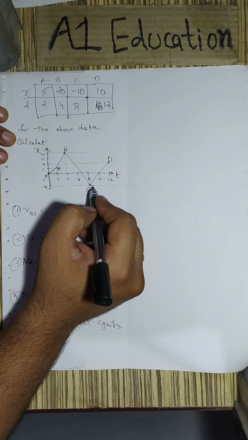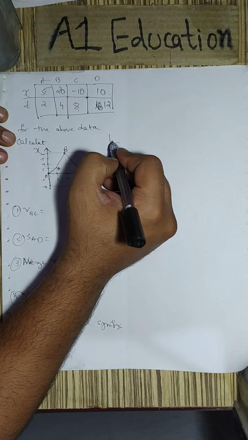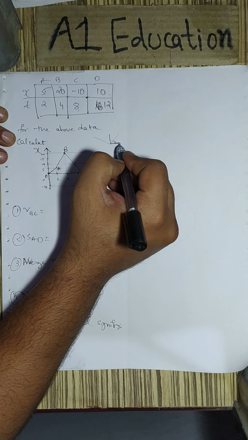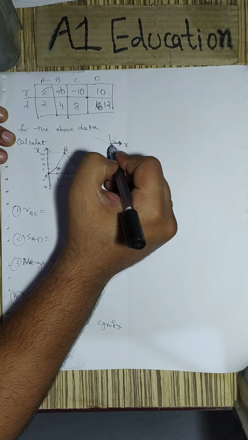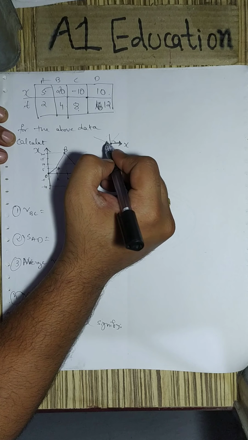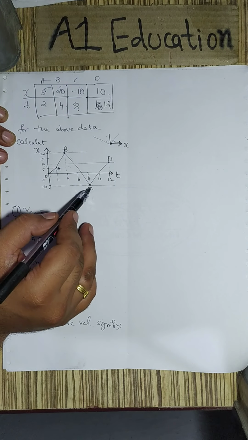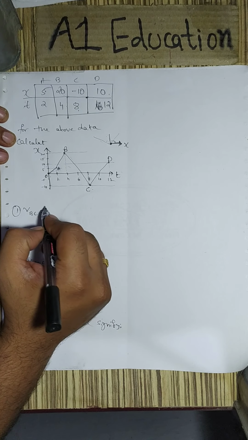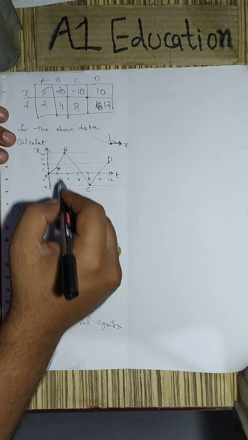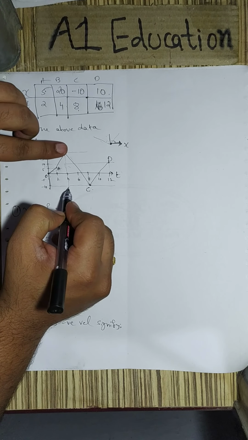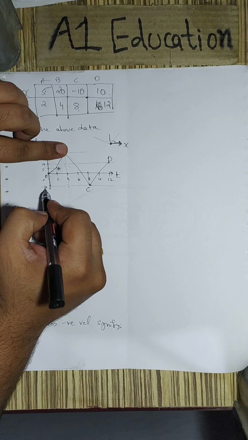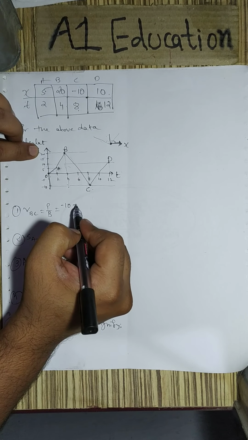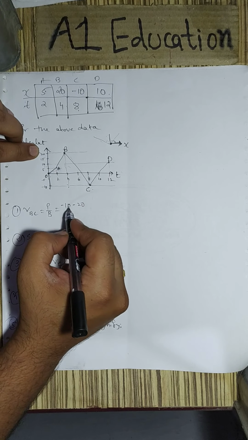As I said, if the angle is obtuse, this is the acute angle. If the angle is more than 90, the angle is always measured with respect to the positive x-axis, compulsory. If the angle is more than 90, this is an obtuse angle, so obtuse angle means negative slope. So here again, if we try to calculate velocity, we will use this formula, perpendicular upon base. Perpendicular is this part, 20, 10. Final position is minus 10. Final position minus initial position, upon